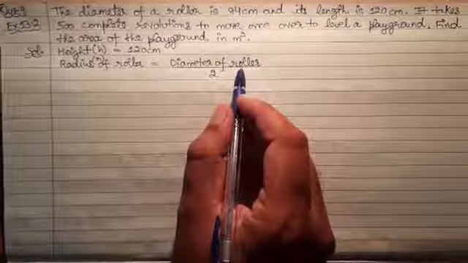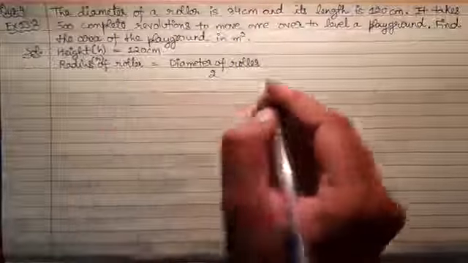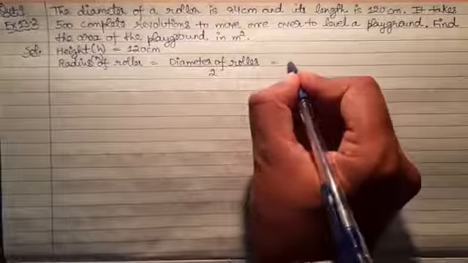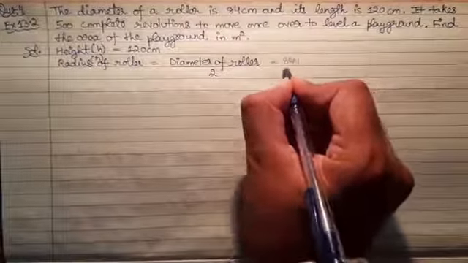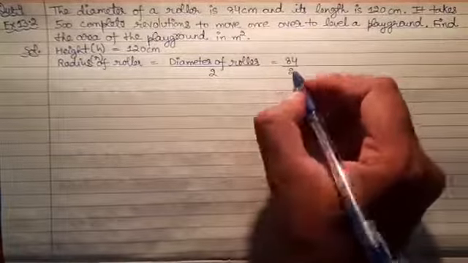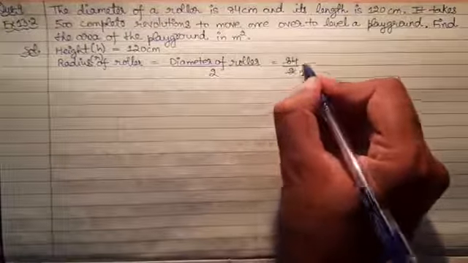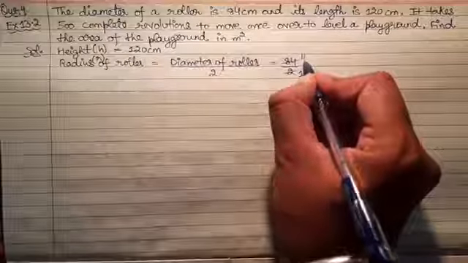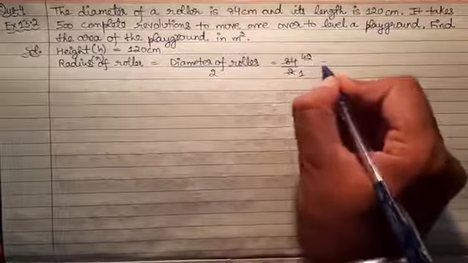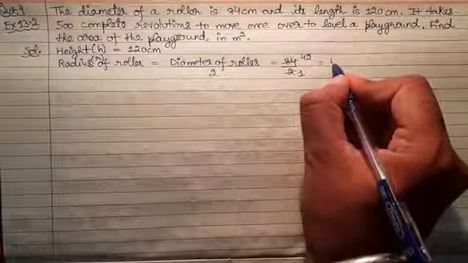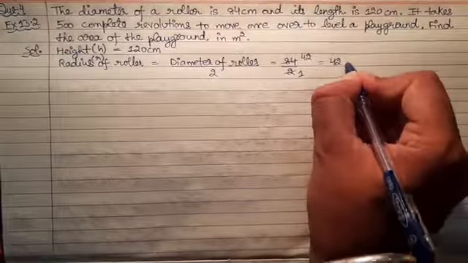With the help of diameter we can find the radius. Diameter is 84 divided by 2. When we solve this, we get 42. So our radius is 42